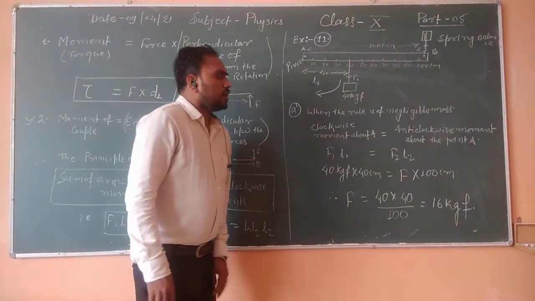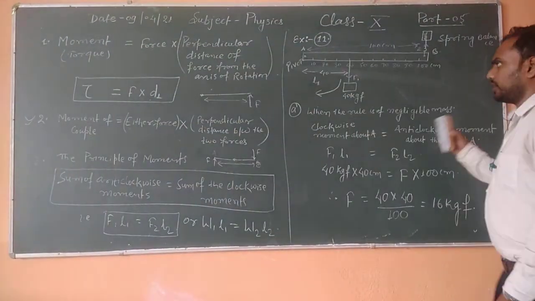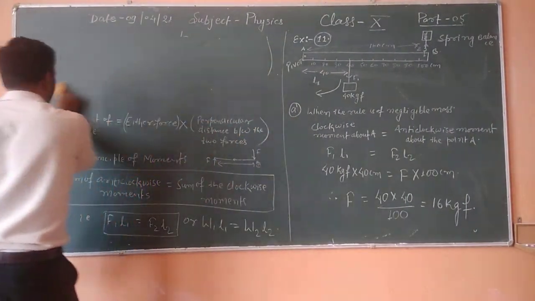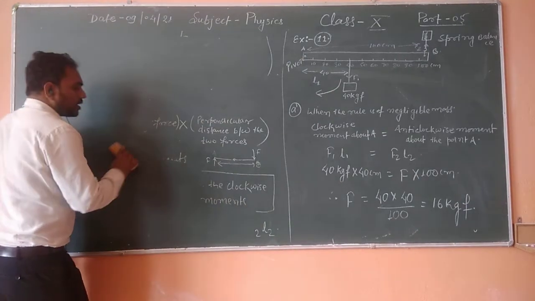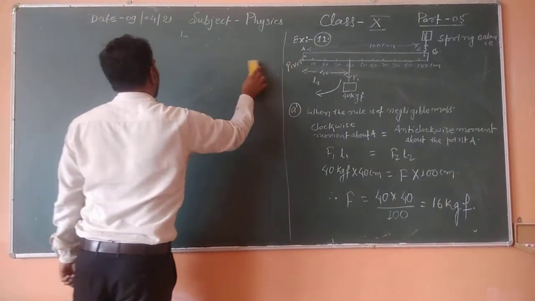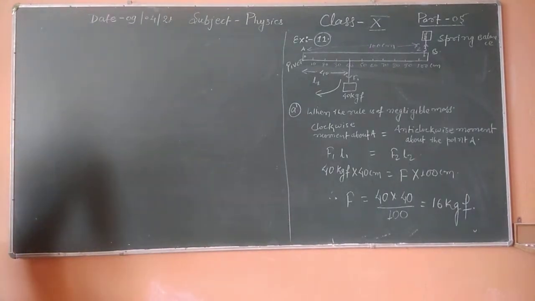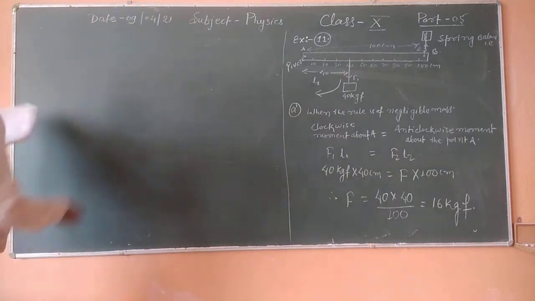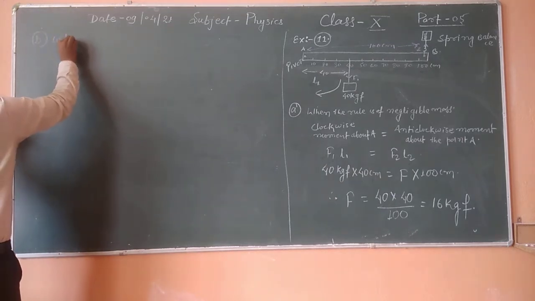Now we will come to the second part of this numerical. The second part of this numerical is: if the ruler has some mass, what will happen? You have to calculate that. Okay, the second part we are going to deal with is that if the ruler has some mass. I am mentioning it as part B, when